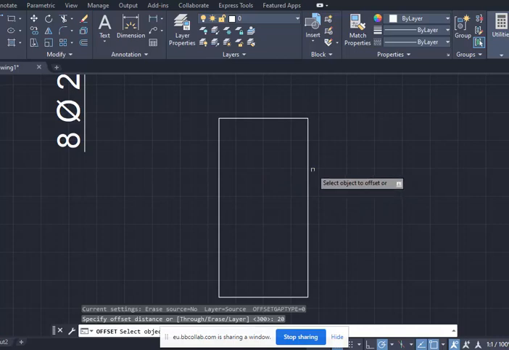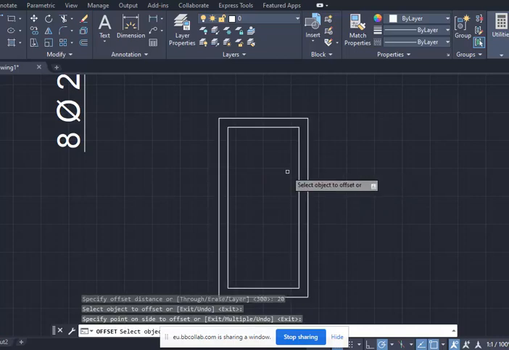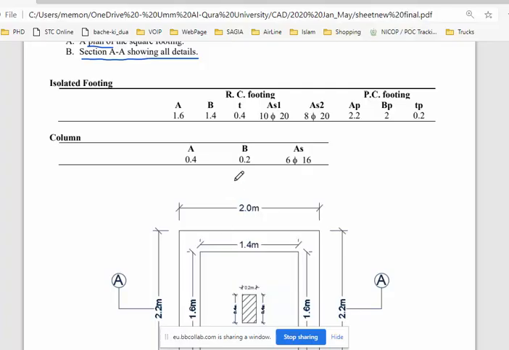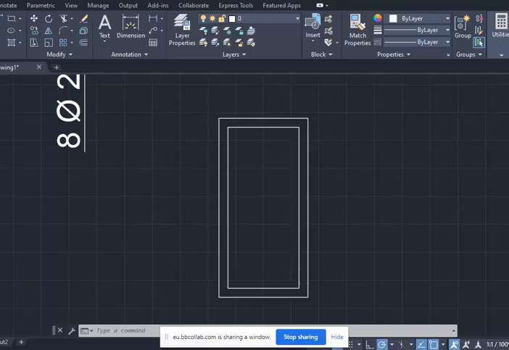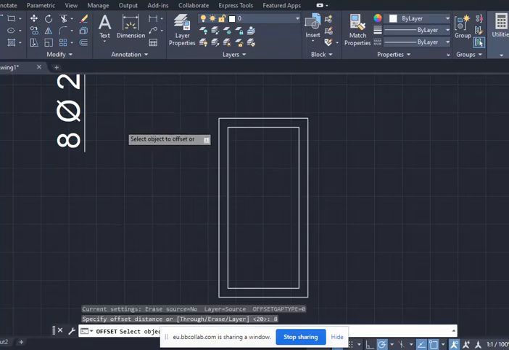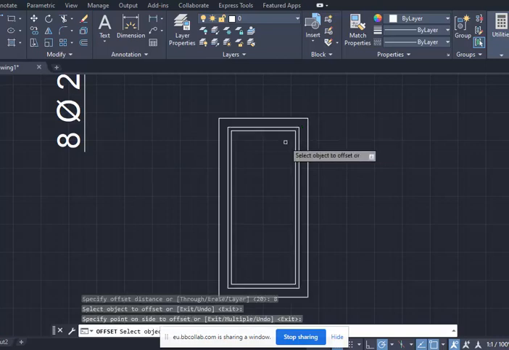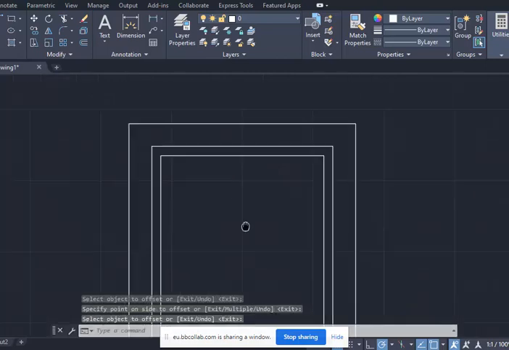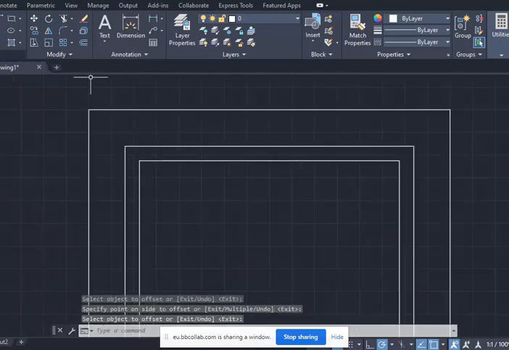This is the cover of the concrete. Okay, and how much is the steel? The steel is 6 bars, dia 16 millimeters. So if dia is 16, we can offset 8, half of the dia, and then we can put the 6 donuts. So we can go to draw